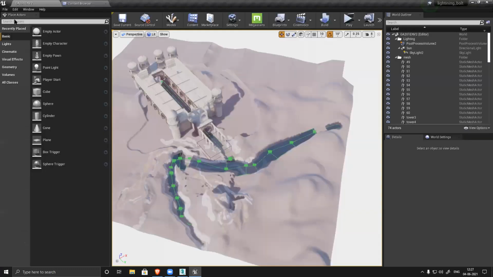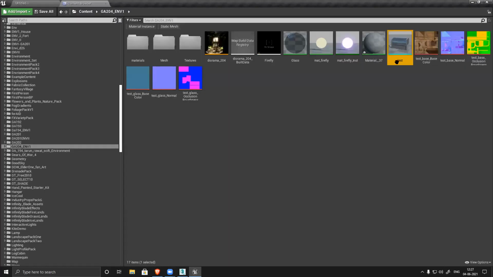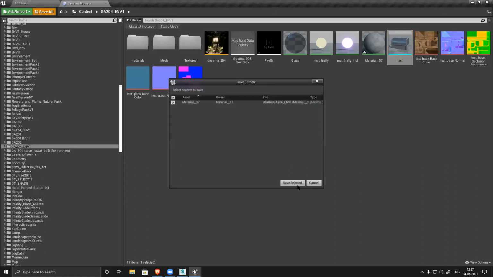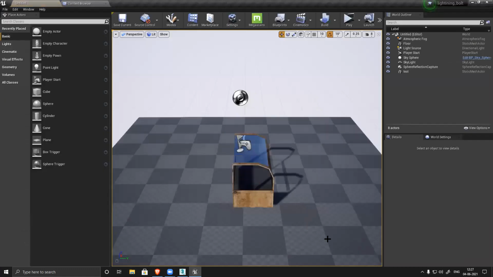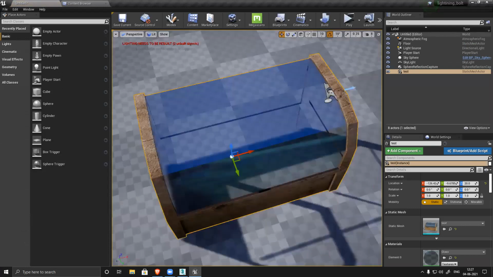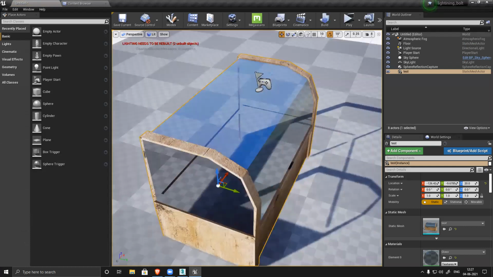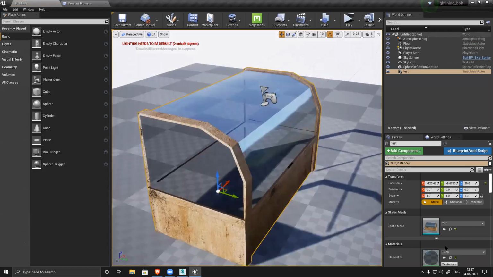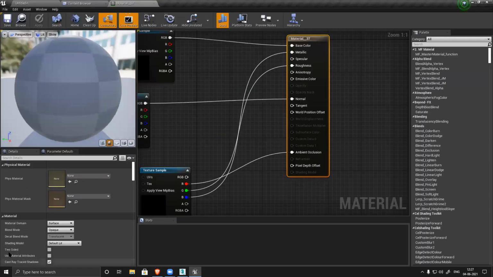Now let me open a new level, default, and save it. Place it here. So you can see now I have the transparency, reflection, everything. It's opaque. So you just need to separate the material. Because it's glass, I can see through the entire base part. To fix this, I'll go to the main material, select the main material tab, and there is something called two-sided. Save it.